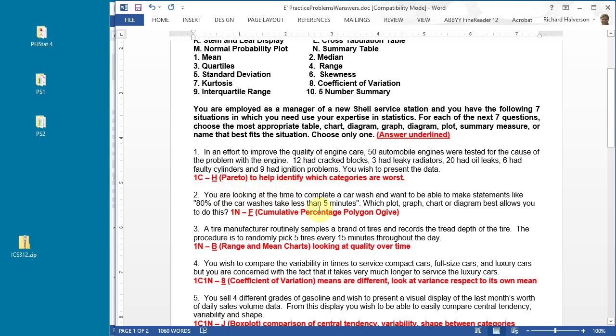Number 2, you are looking at the time to complete a car wash, and you want to be able to make statements about 80% of the car washes taking less than 5 minutes. So which plot or graph? Well, in this case, it's numerical data, and a cumulative percentage polygon, which is an ogive, will give us